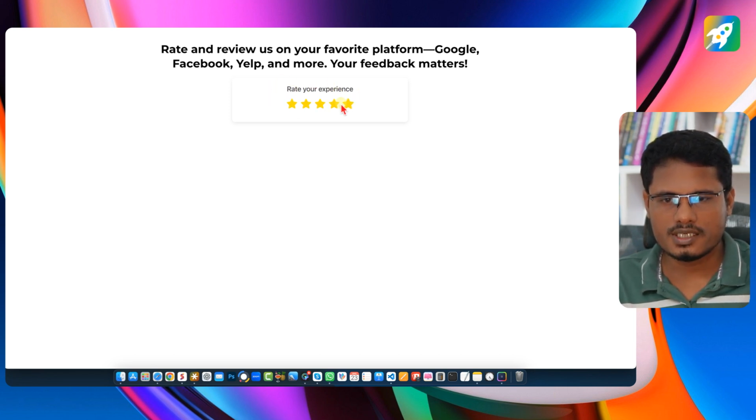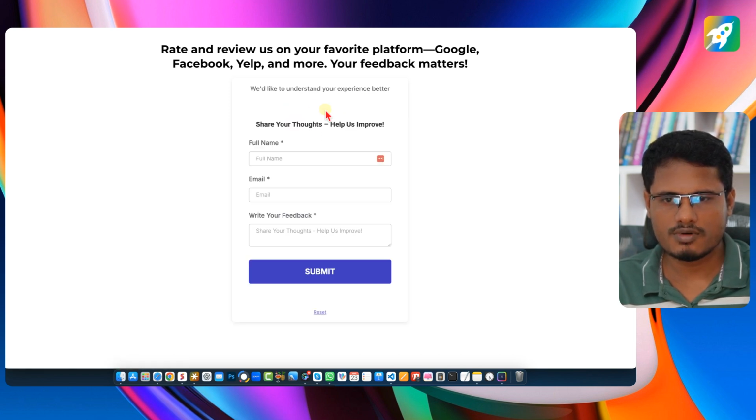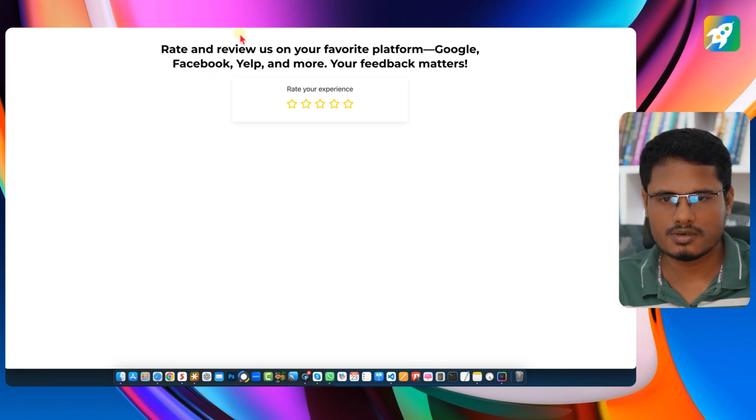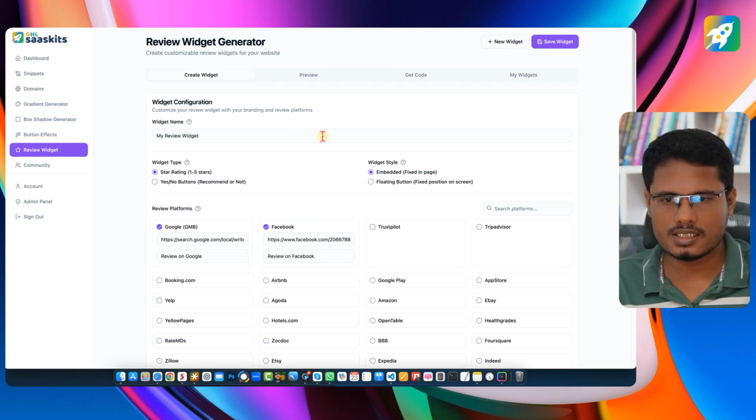So now if I click on the 5-star, it will show me the link, and if I click 1-star or 2-star, it will show me the form that I embedded from GoHighLevel. Okay, so this way you can create the embedded widget, and let me show you how you can create other